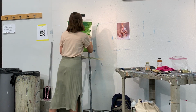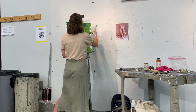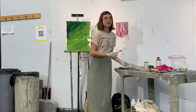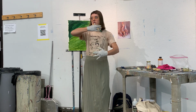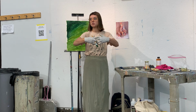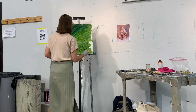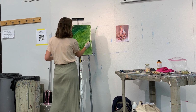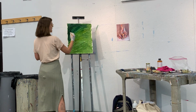But one thing I do know is that when you paint alla prima, or when you paint all in one sitting, it's all one paint skin. So it's all drying at the same time. All of those particles are binding together, and it's all drying at the same time. And because oil paint takes much longer to dry, and the thicker the oil paint, the longer it takes for it to dry,